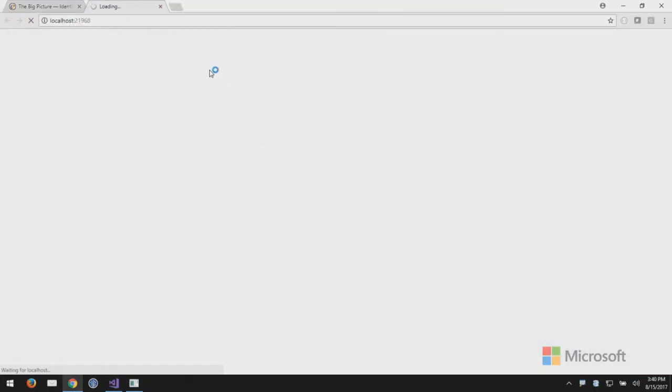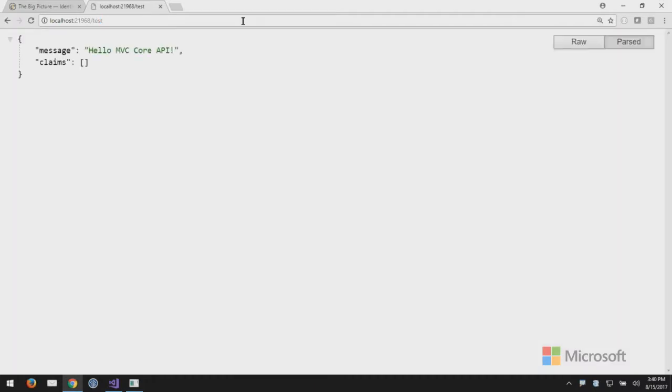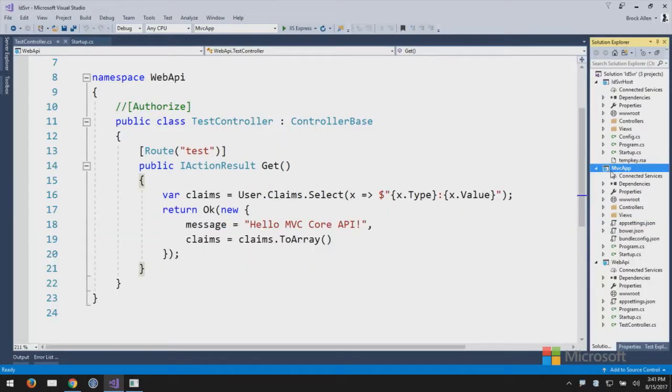So whenever I run this right now, and I go to that endpoint called test, great. We were able to hit this through the browser. That's an unauthenticated one, no claims. Correct. Right now I have no security. All right. Okay. My MVC app then, if I run it,